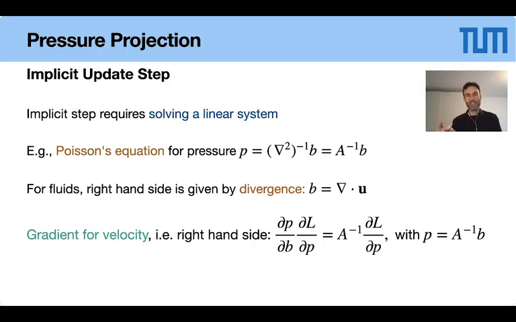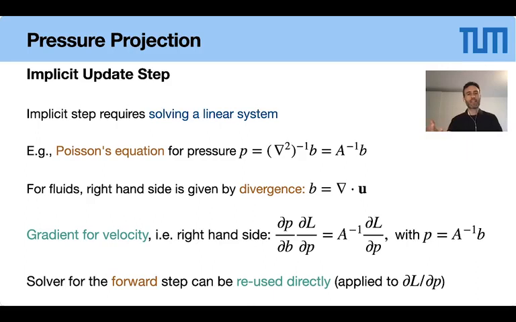So down here, we basically get A inverse times partial L partial P, which is this vector that we get from the loss evaluation. And the nice thing now is this A inverse is really